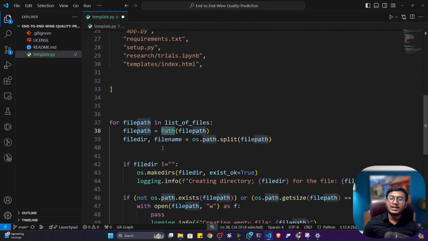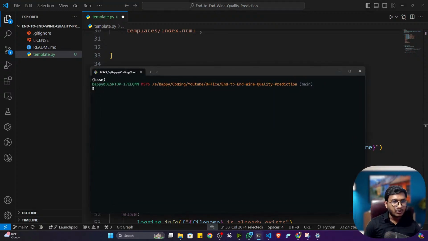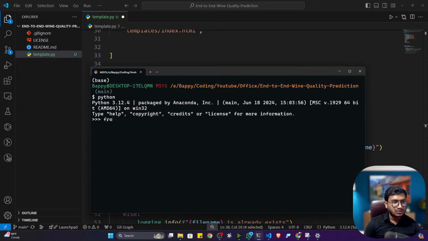This Path class will automatically handle this situation. That means it will automatically detect my operating system, and based on that, it will convert the path. Let me show you one example. First of all, I have to activate my Python. So this is my Python, guys. Now let's import the Path. So from pathlib import